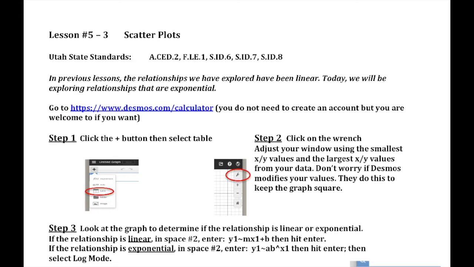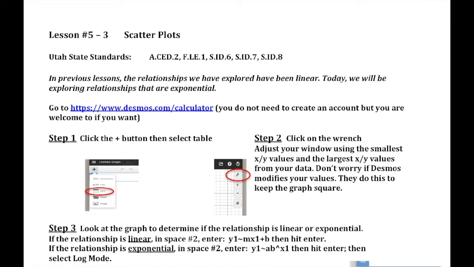So remember, exponentials, we can't use a ruler and draw a straight line for our line of best fit, but instead we have a curve. So what we're going to do is jump over to our Desmos.com calculator, and follow steps 1, 2, and 3 here in the notes to enter our information and create a graph and eventually find the equation for the curve of best fit, since we're going to be dealing with an